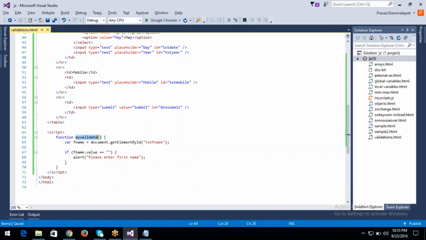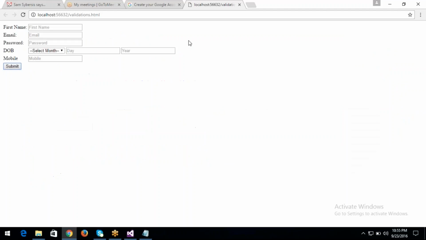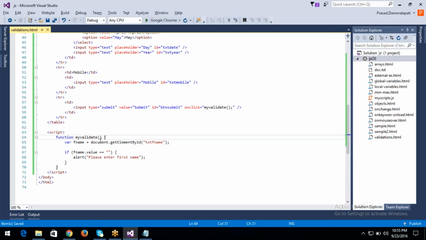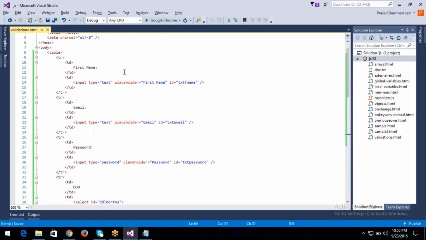Here we have to call this JavaScript function in the onClick event of the button, so that you will get the alert box. This is a reminder before you submit the data to the server. Like this we have to write for all these form fields, and next email,